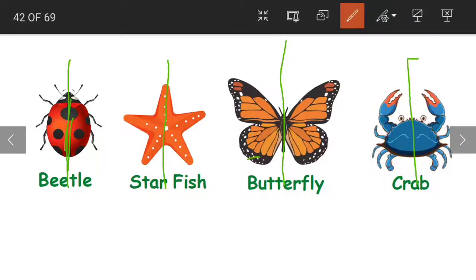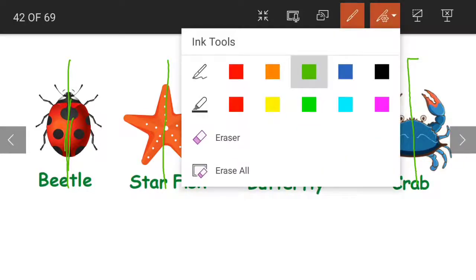Not only these animals, but also if you look at all the flowers of our nature or all the leaves of our nature, all these also follow the principle of symmetry. That is why our nature looks so beautiful. Why? Because it follows the principle of symmetry. As it is having mirror halves, both are exactly the same, it looks really beautiful, children.